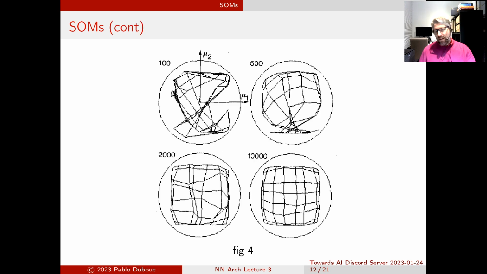And if you study SOMs, you get a lot of these graphics that show how the weight matrices start modifying themselves as you are adding more training data. And the algorithm itself is fairly straightforward. I do find these graphs that are very popular in some papers very confusing, because this is not about the input or the output. These are representations of the weights. Yes, and only in the particular case of a two-dimensional system.